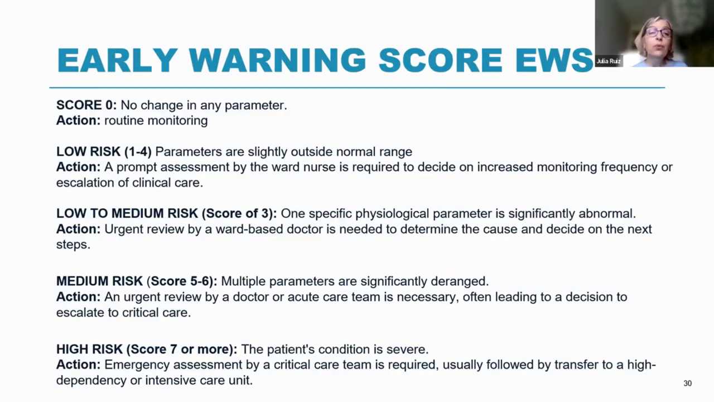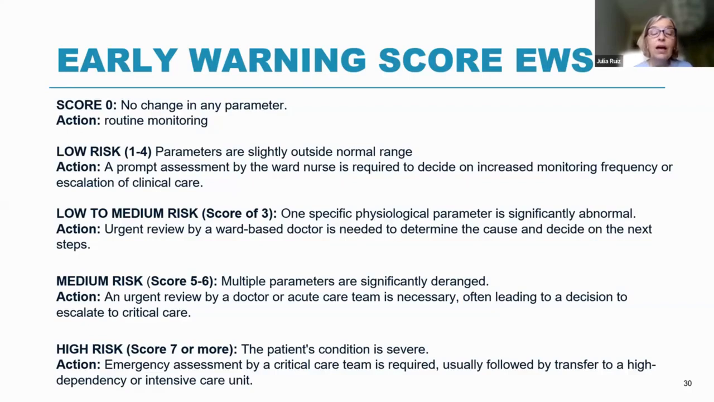Now we'll go through what we have to do for the different scores in this early warning score. Score 0, there's no change, so it's just routine monitoring. In the low risk, there are some parameters slightly outside normal range, so the ward nurse should do a prompt assessment and decide whether to increase the monitoring frequency or escalate clinical care. If it's low to medium risk, a score of 3, we have one specific physiological parameter significantly abnormal. So the action would be an urgent review by a doctor to determine the cause and decide